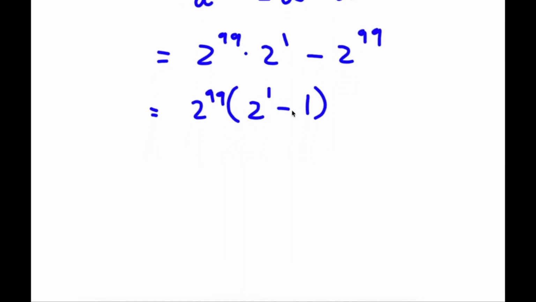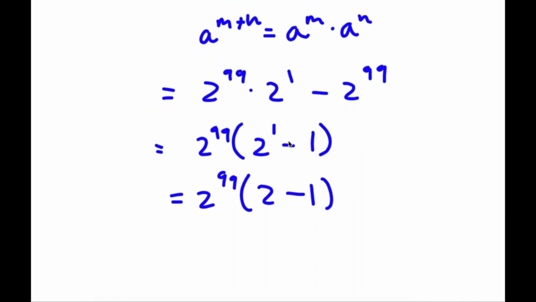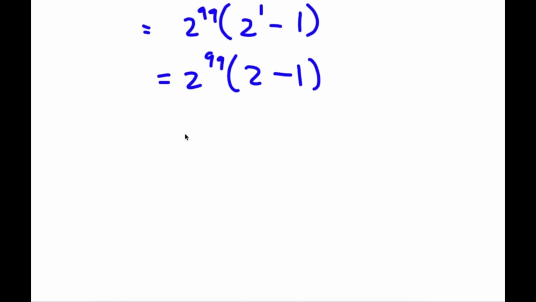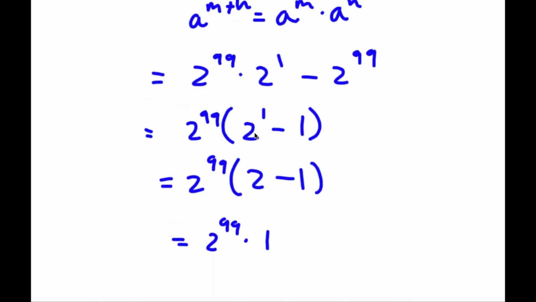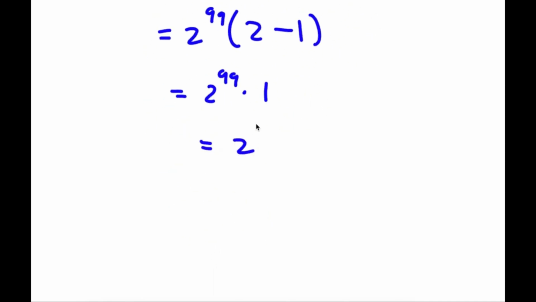Now, 2 to the power of 1 minus 1, well, 2 to the power of 1 is 2, so I have 2 to the power of 99 times 2 minus 1, and 2 minus 1 is simply 1, so I have 2 to the power of 99 times 1. Anything times 1 is itself, so now I have 2 to the power of 99. And 2 to the power of 99, well, this is actually going to be a really big number, because